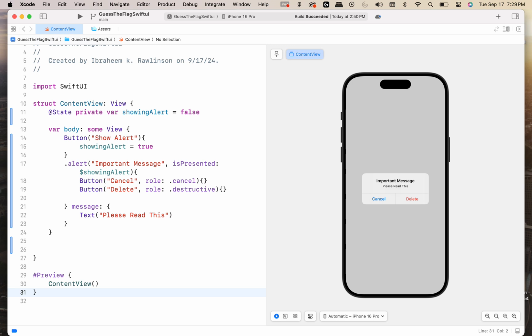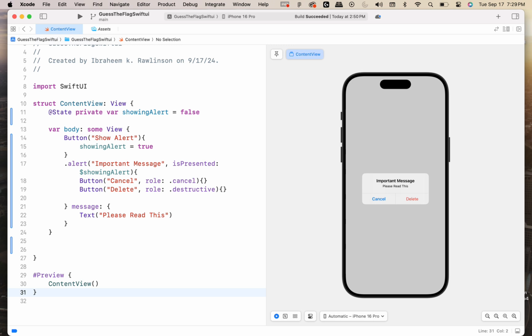Like I said in the beginning, we use @State to see what happens when a person interacts with that button. And since buttons have these embedded properties, we don't have to do much, but we have to add logic to the cancel and delete so that something can happen,